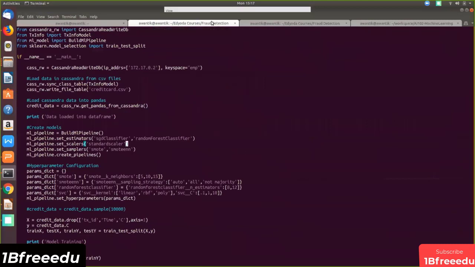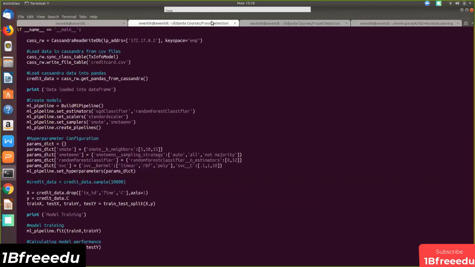Let's run it again. It's writing the whole data, which is more than 2.5 lakh records. You have all the configuration, multiple algorithms, multiple samplers, so it will create a lot of permutation and combination of pipelines. These are the hyperparameters, and you have all the stuff now.